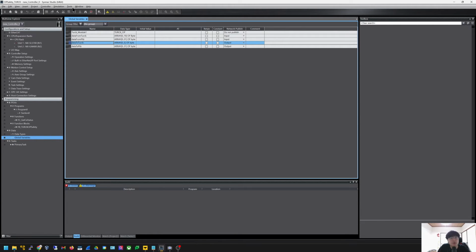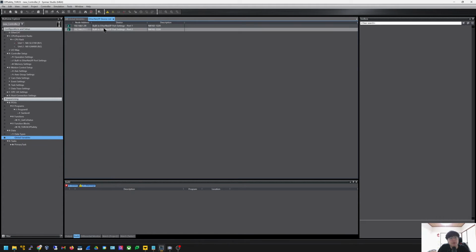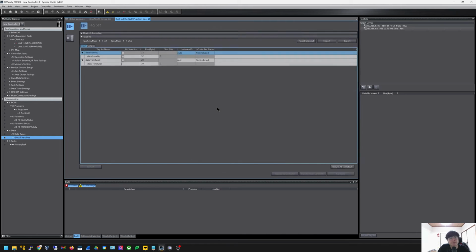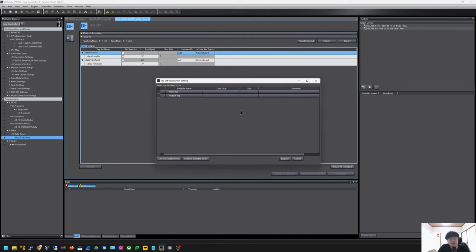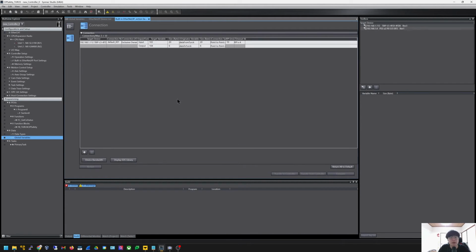So how to do this? Go to Tools and go to Ethernet IP connections. And because my CPU has 2 ports, right? So I'm using this port. Right click, edit, and go to register all the data that you need to use as Ethernet IP variables. Okay, then you can go to the connection tab, and here